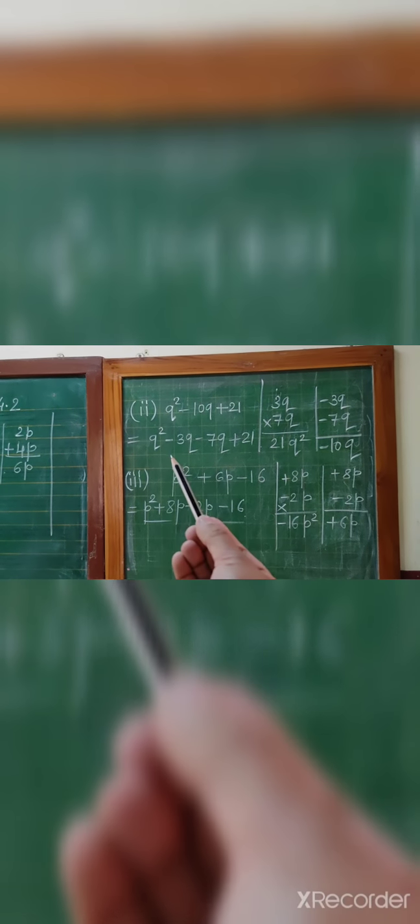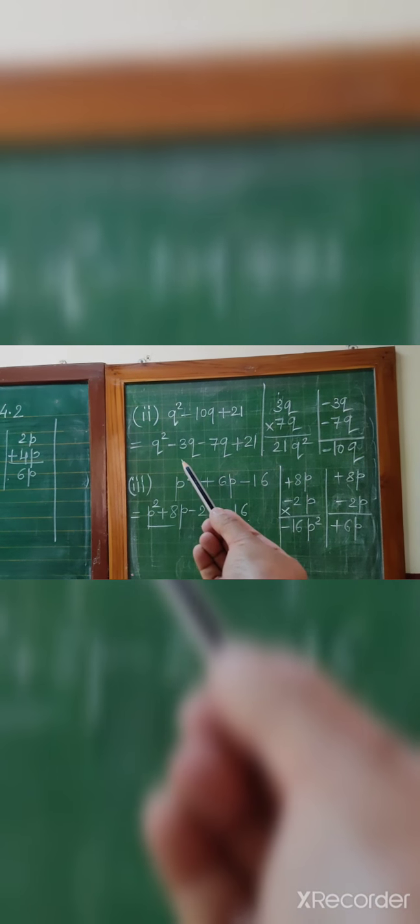Now you can see here q square minus 10q plus 21. 3 7s are 21. So when we add 3 plus 7, we are getting 10. But the negative sign is there. So since we are adding both the numbers, in both places we will put a negative sign. When we multiply negative, negative, we get positive, 3 7s are 21. So we can break 21 in such a way that when we add we are getting minus 10q, and when we multiply we are getting plus 21 q square. So from here you can complete the question.